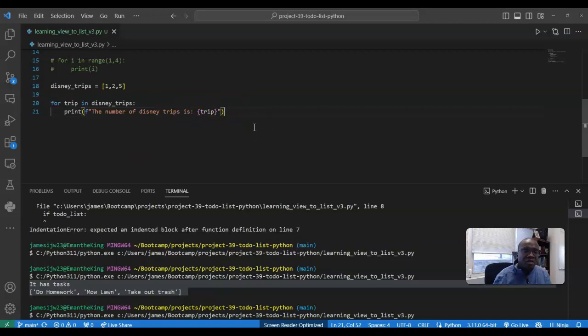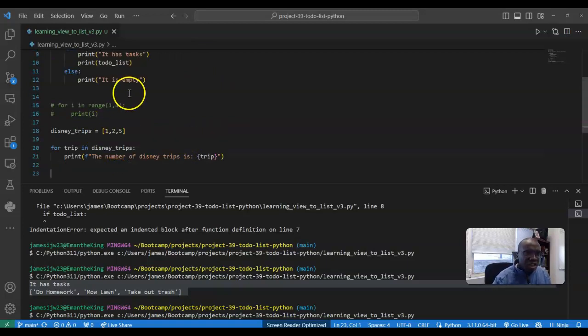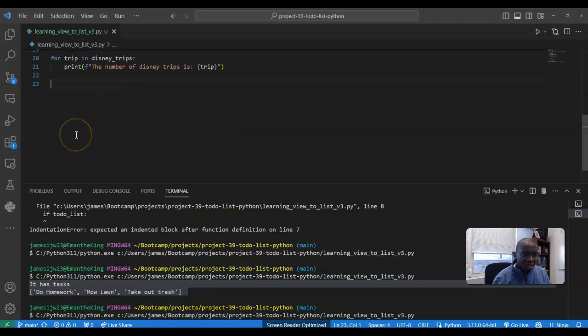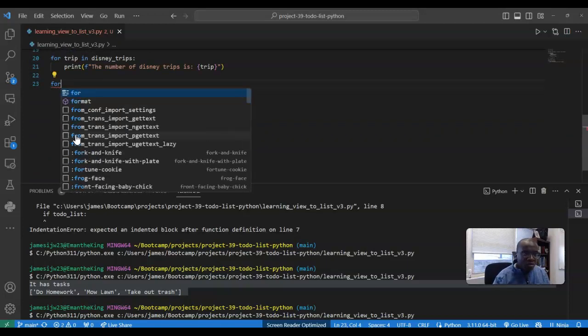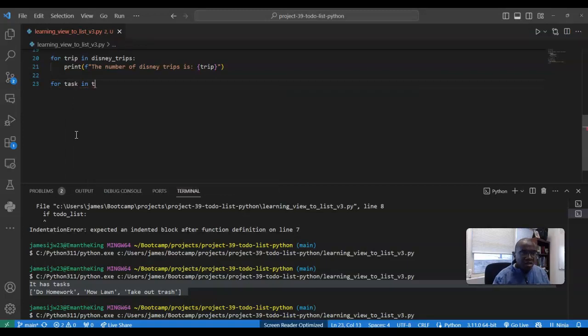So let's do that. So when it comes to creating that functionality, all we have to do is, and since I never erased the code from the previous video, we're just going to utilize that same list and say for task in to-do list colon